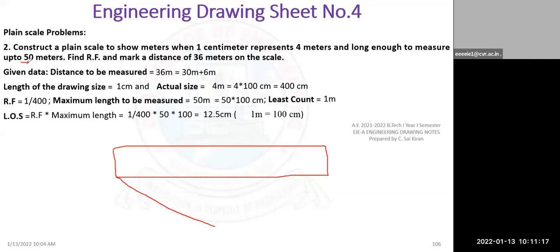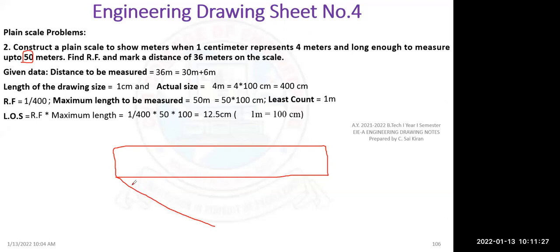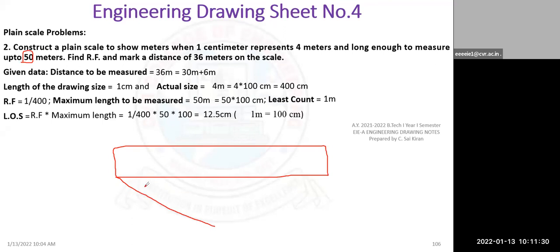It can measure up to 50 meters. So here you are not dividing into 50 equal parts. We have to divide into 5 equal parts, because if I divide into 50 equal parts, it takes more time. So what we do is I make each division 10 meters. That's the reason I have to divide it into 5 equal parts. So it is 1 dash, 2 dash, 3 dash, 4 dash, and 5 dash. The extra line I'll delete, and I'll join this one.